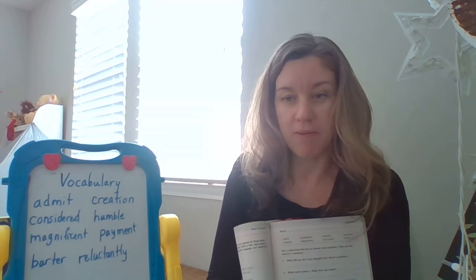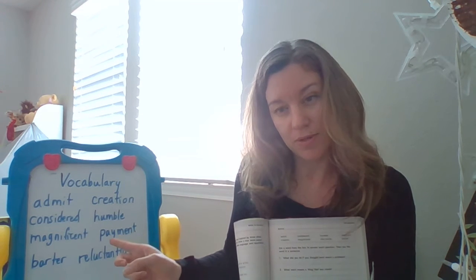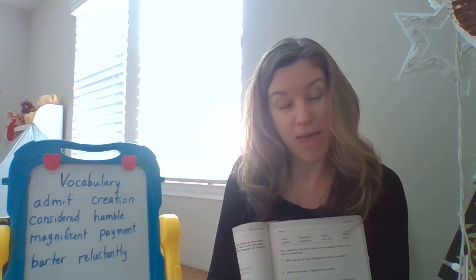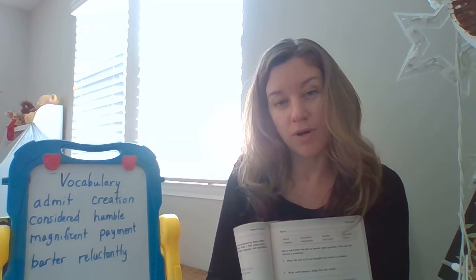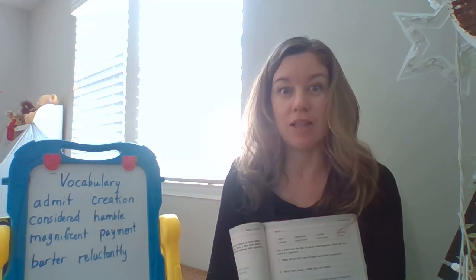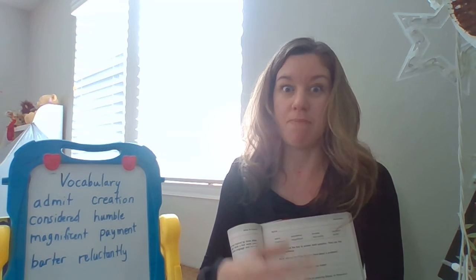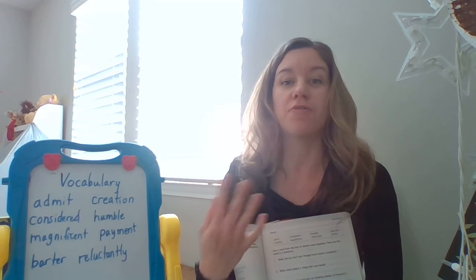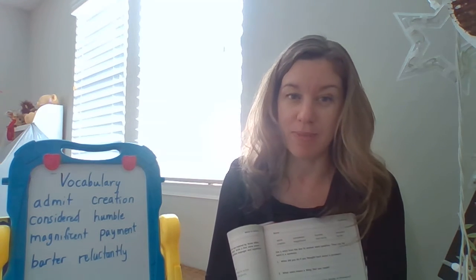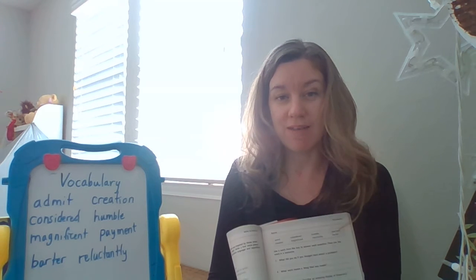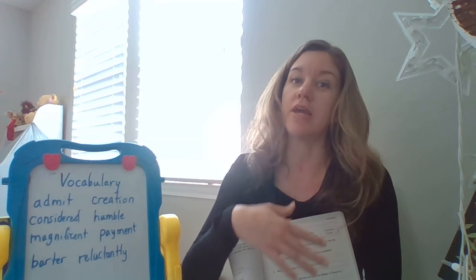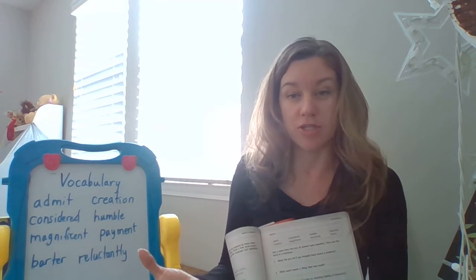Magnificent. You may spot the root word here. The root word is magnify, like a magnifying glass. Same root word as magnificent. If something is magnificent, it's made large, okay? It's made big. It's so wonderful, or grand was a vocabulary word we had at the beginning of the school year. So magnificent means not only wonderful or amazing, but also very grand or large in some way.